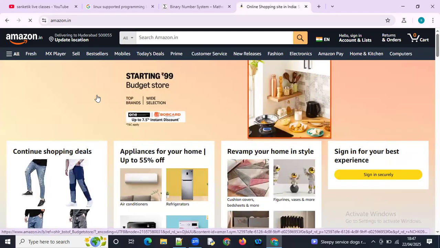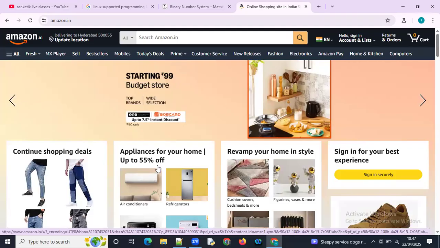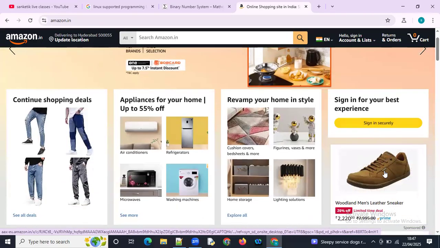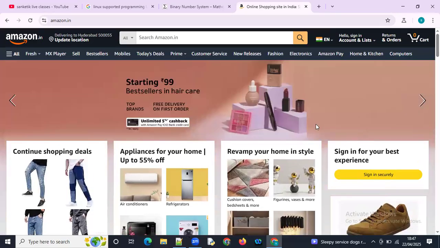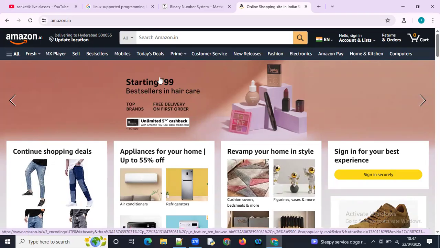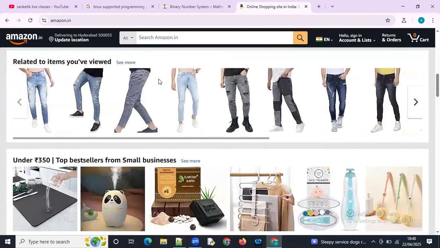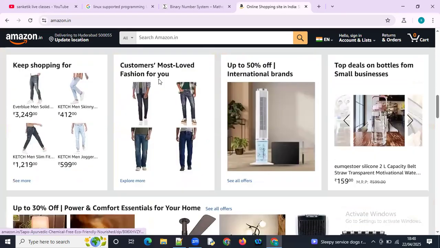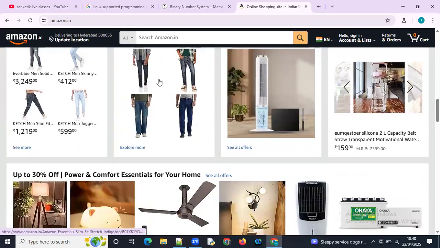So here it is maintaining so much data. Some images, some text, some links, so many items. But where is this data stored? It is going to be stored in one database, that is in servers.